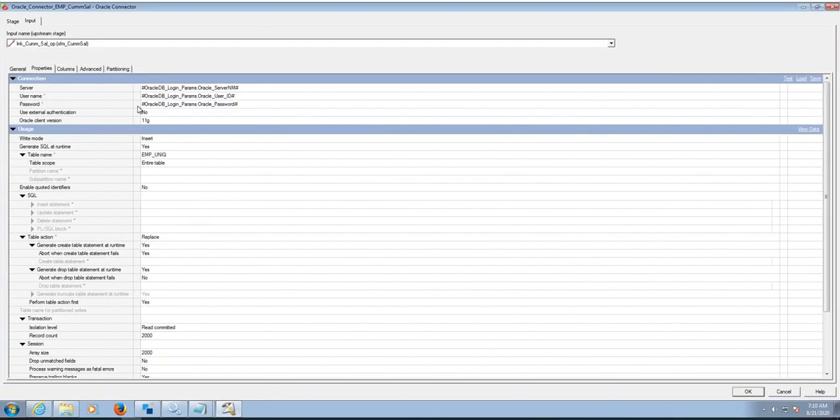We have given replace, and a new table emp underscore unique. If the table already exists, it will drop the table and a new table will be created. Now click on OK.